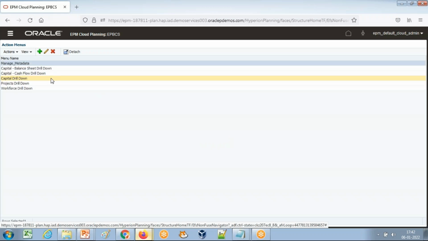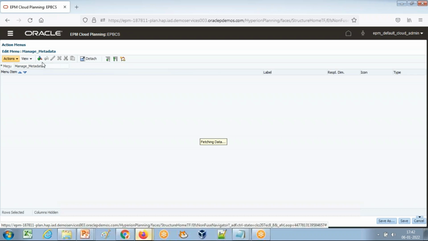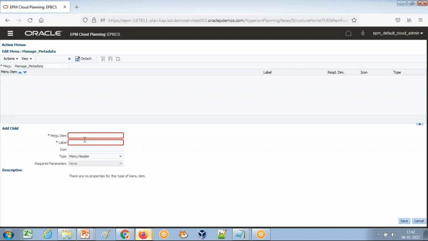So first I create an action menu header, and name it whatever you like. I name it manage metadata. A label can have spaces, but an item cannot have a space.